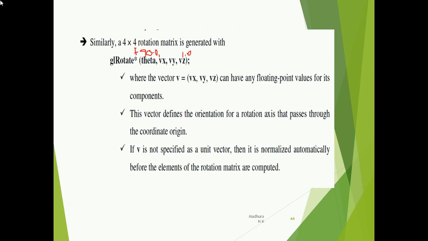So then what is the meaning? You are actually rotating an object about 90 degrees along the z axis. So that is the meaning. Okay, so you can either rotate along the x axis or y axis or z axis. Suppose next time if you want to rotate the object at 90 degrees along the y axis, then you have to just write the code as glRotatef 90.0, 0.0, 1.0, 0.0. Okay, so this is how you are going to write the values here.